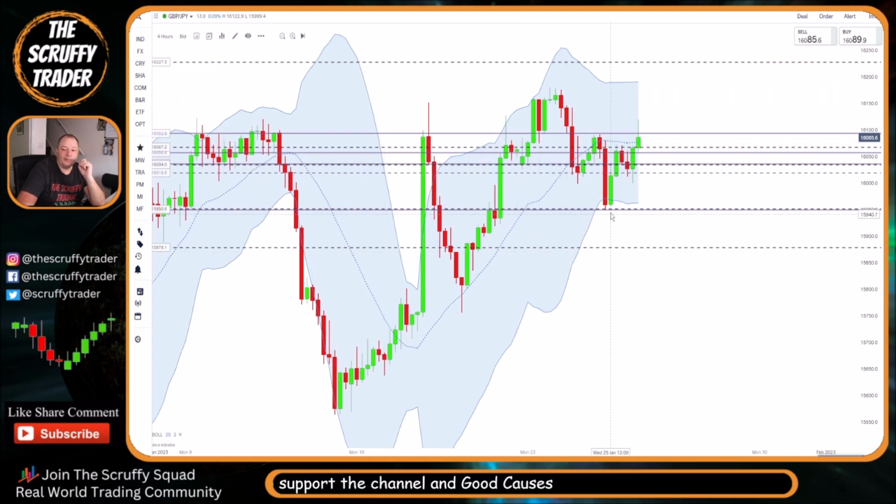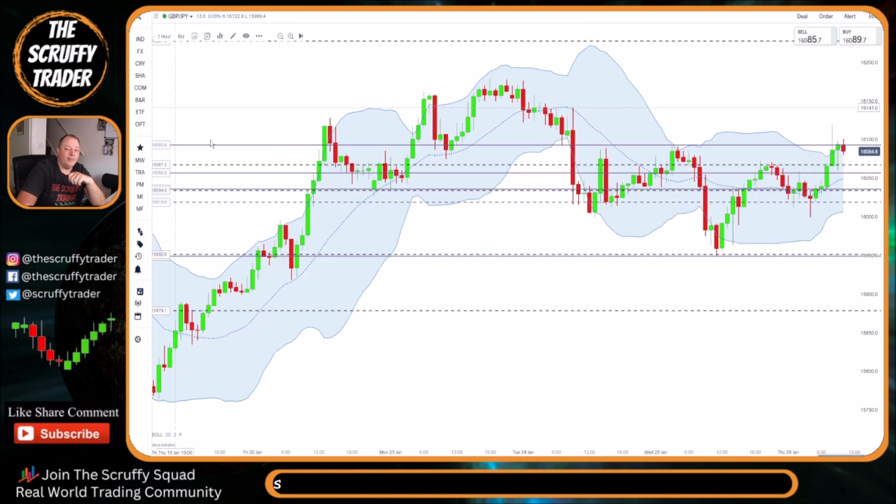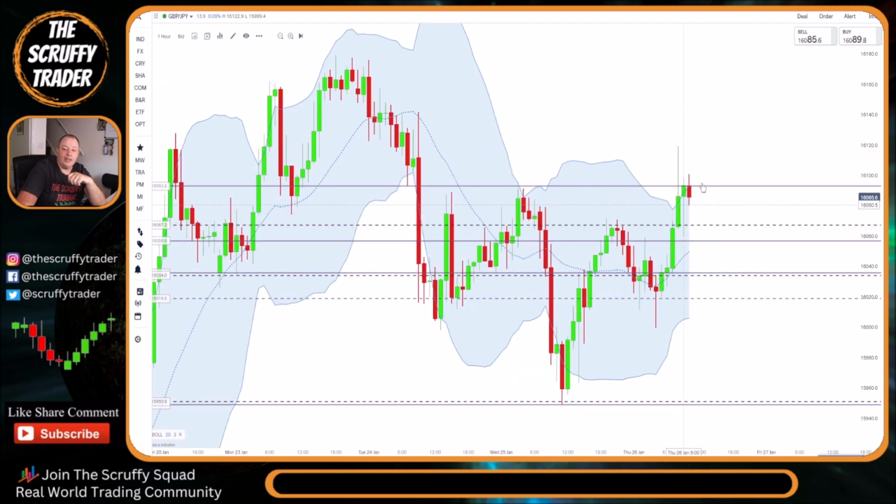Take that out. Again, it's breached the 20 here, showing signs to the upper side. Back to the hourly, the retracement down here. Okay. So if I just remove that,